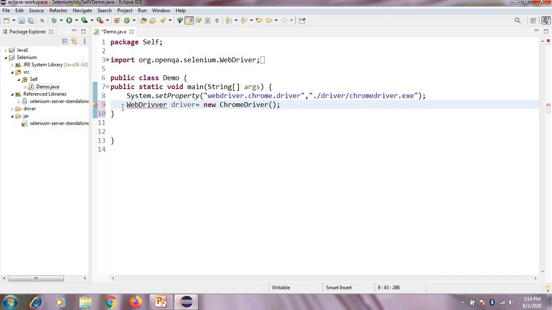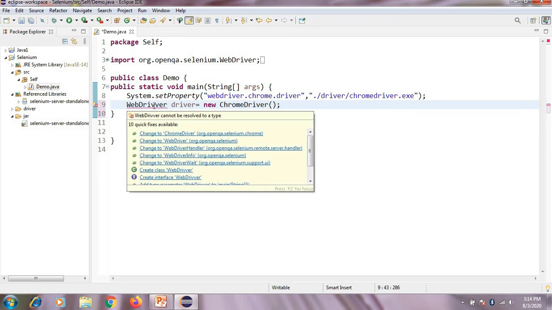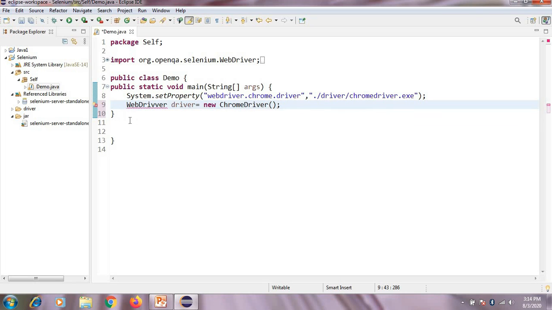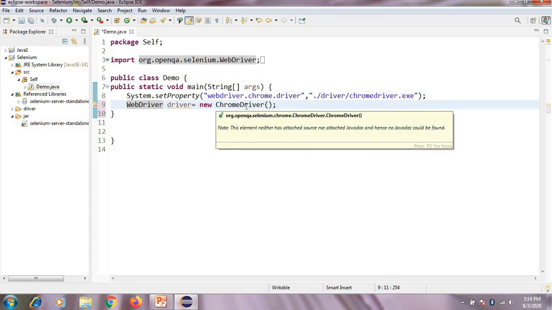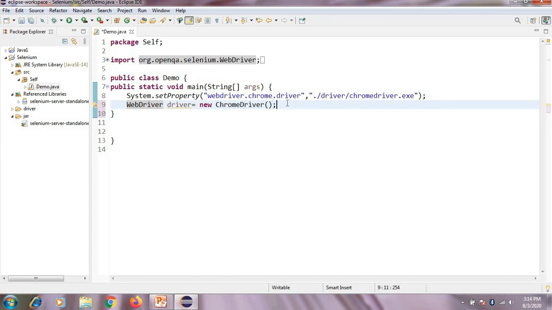Here we have done upcasting. We call the ChromeDriver constructor by using the new keyword. We create an object for WebDriver by using a driver reference. Now click on run.